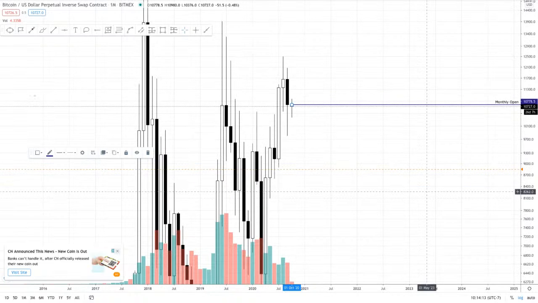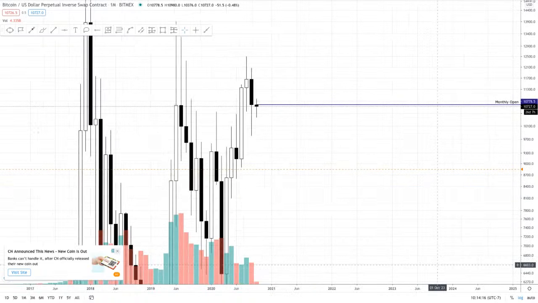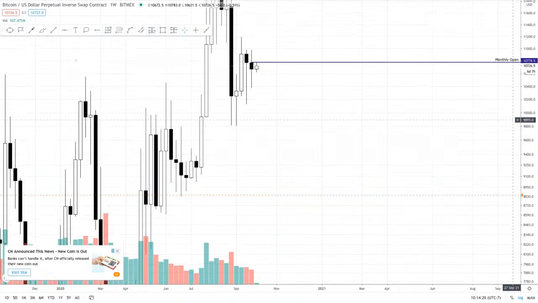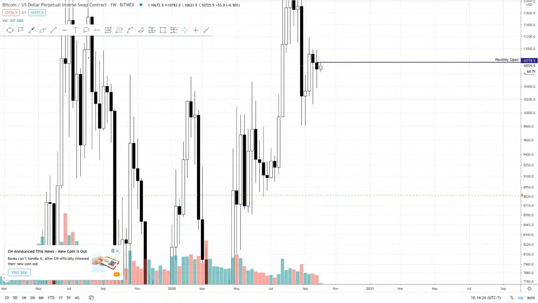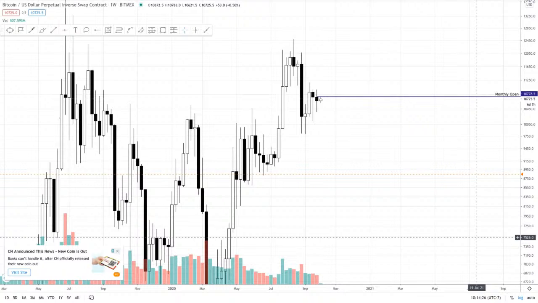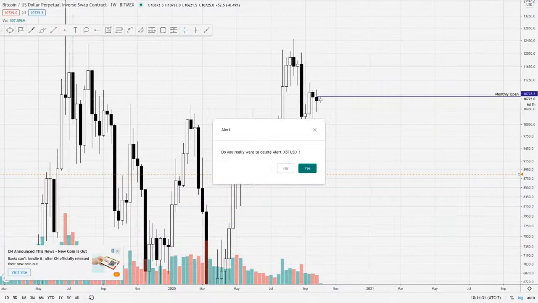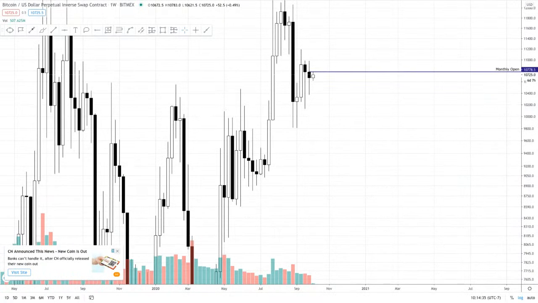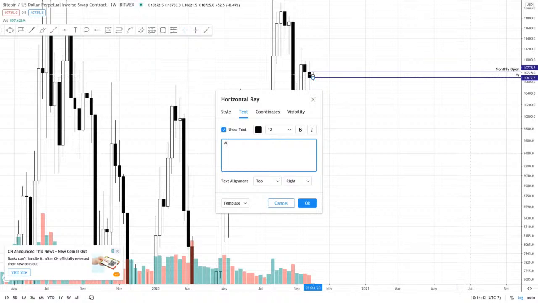Alright. Then we could bring it down to the weekly. Bring it down to the weekly. I don't know why this is here. Delete this. Okay, so we're going to start with the weekly. Label the weekly open, which is at weekly open